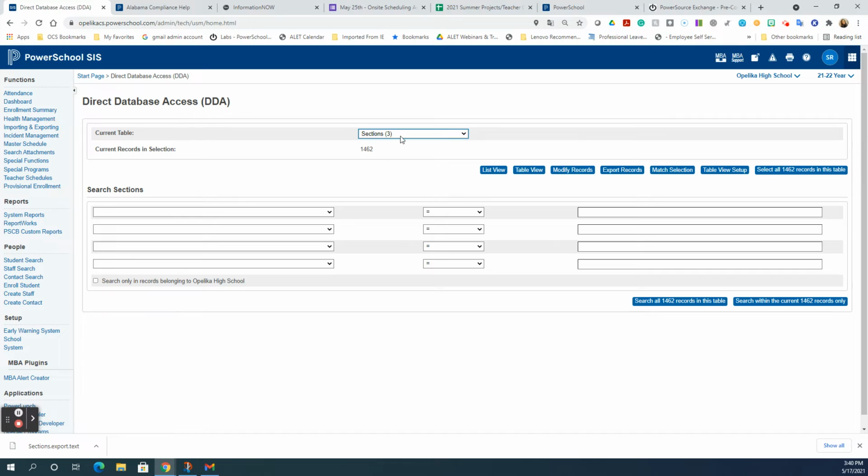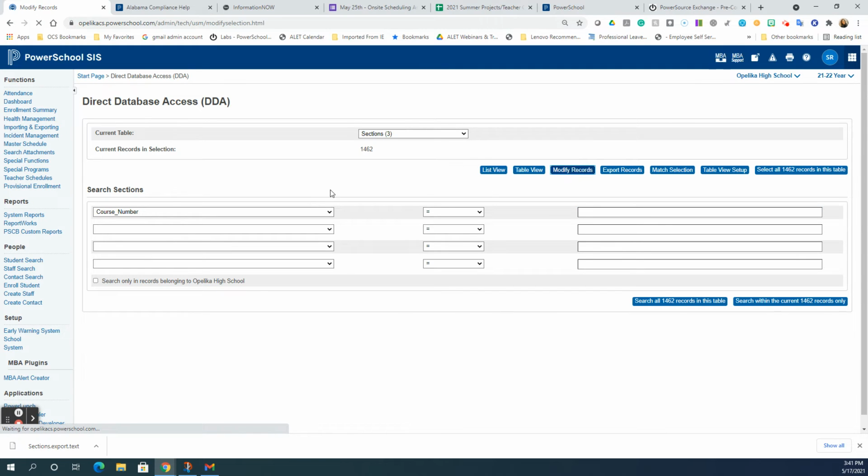So I'm still in the sections table, and if I want to do this in all one fell swoop, then I would go find and just search through all of my sections. If there are only certain courses or certain sections that you would want, you would need to filter this down beyond that. So if I wanted to go even further and say I only want course number such and such to change this, I would need to go find that specific course number, search within those sections, and whittle this number down till I get the target courses that I'm looking at. I want to change them to every section that I have built in my entire district because they've all got to go to this. So I'm actually going to leave it at this right here,